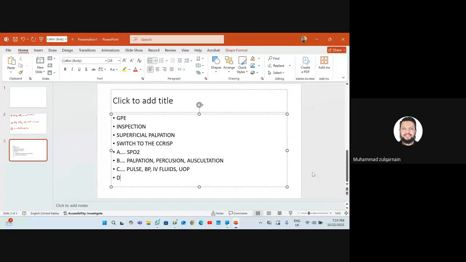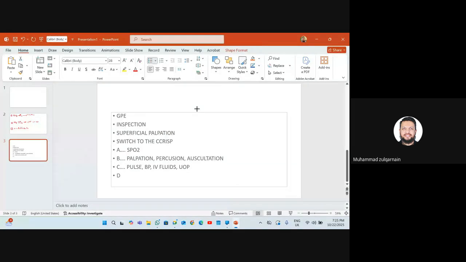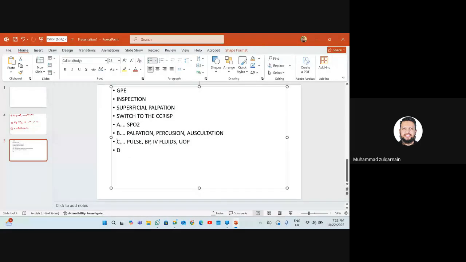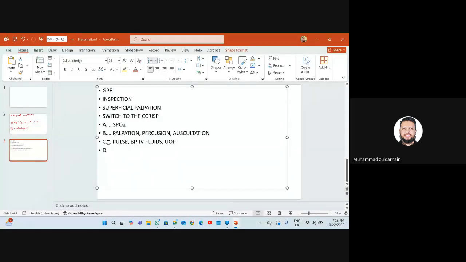In the D, you have to mention about the GCS of the patient, quickly assess that, and ask the pupils of the patient. And then there comes the E part. In the E part, you will ask about the temperature of the patient. Now you have to examine the abdomen without